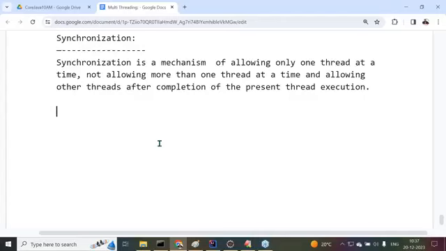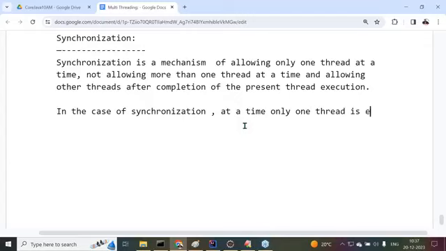Is a synchronized resource thread safe by default or not? That's the point we have to understand clearly. In the case of synchronization, at a time only one thread is executing the code, or accessing the data.